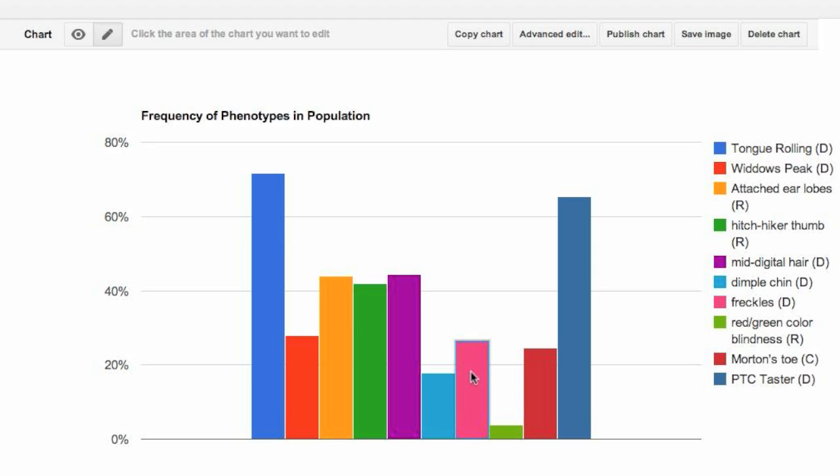So what this does is it helps the students see, by looking at maybe the data from an entire grade or maybe the data from an entire class, they can see patterns, and it'll help resolve some misconceptions as they argue from the evidence, realizing that in this particular case, dominant doesn't necessarily mean more common, and recessive doesn't necessarily mean rare. But the original definitions of what dominant and recessive mean, in terms of if you have two alleles, one being dominant, one being recessive, then the dominant one will be expressed. But in terms of the frequency of those alleles, we can see that it doesn't necessarily follow the